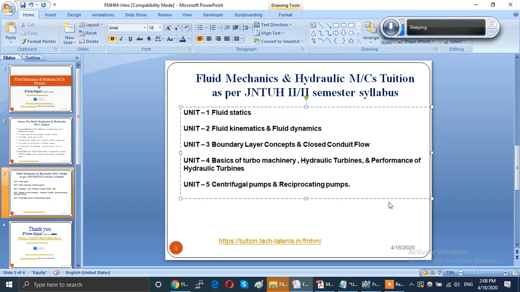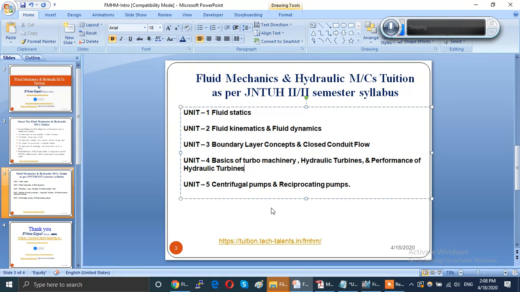And then of course, followed by that is the performance of hydraulic turbines. That means how do you go about designing a turbine, how do you compare two different turbines using geometric similarity, and then how to improve the efficiency of a turbine. All these things we can discuss in the hydraulic turbines performance part of this unit 4. That is about the complete unit 4.